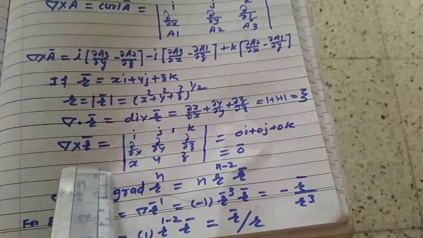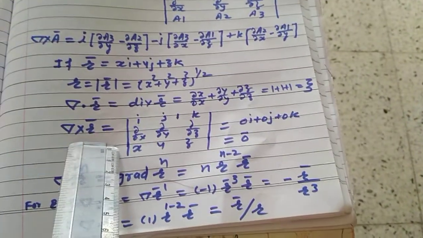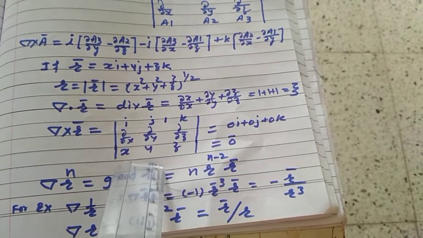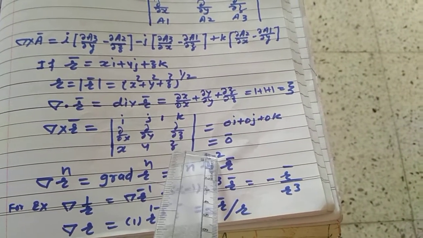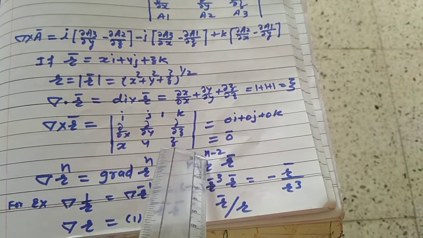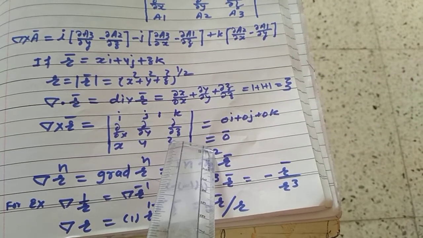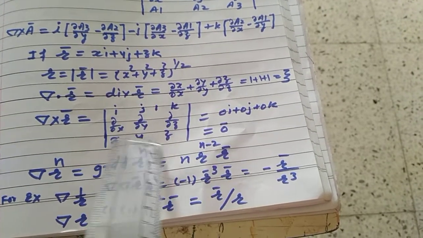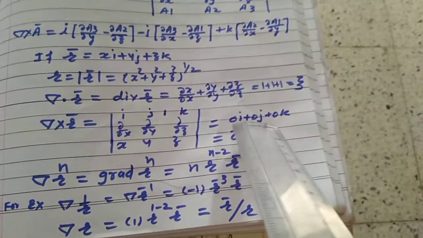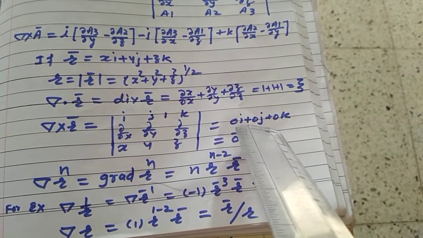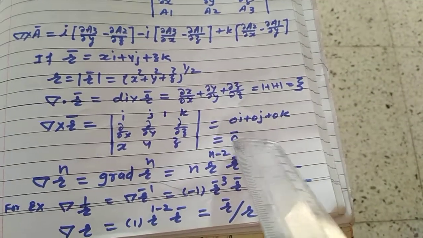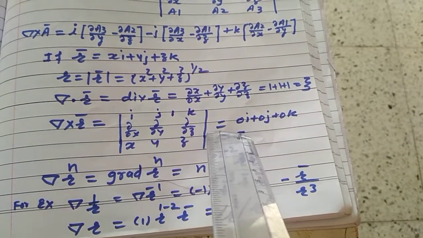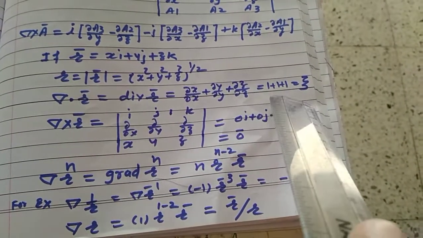Now suppose I want to find the curl of vector r. So determinant i, j, k, del x, del y, del z and x, y, z. When I solve this determinant, the partial differentiation of z with respect to y is 0, the partial differentiation of y with respect to z is 0. In this way you will get everything 0: coefficient of i is 0, j is 0, k is 0, and this is called the null vector. So curl of r is always 0 and divergence of r is always 3.